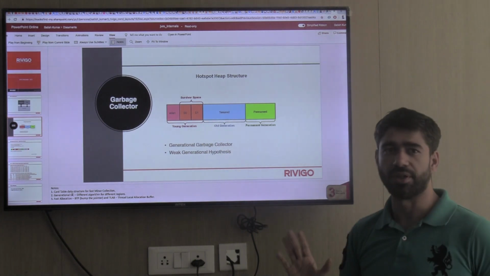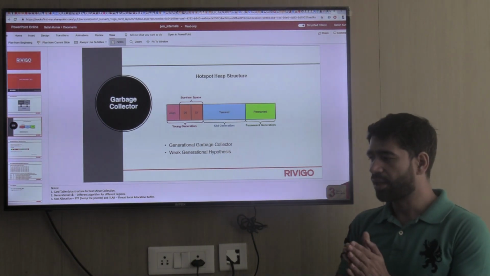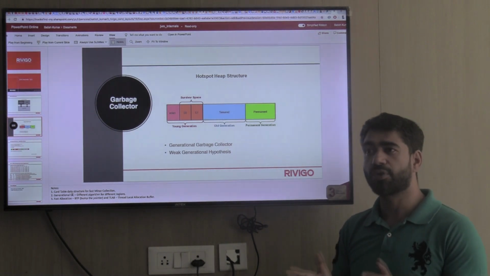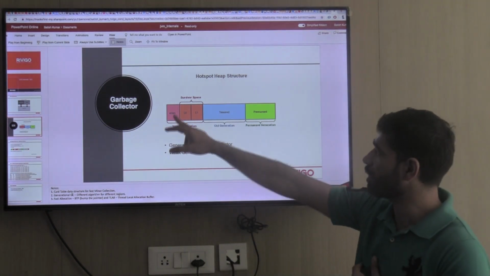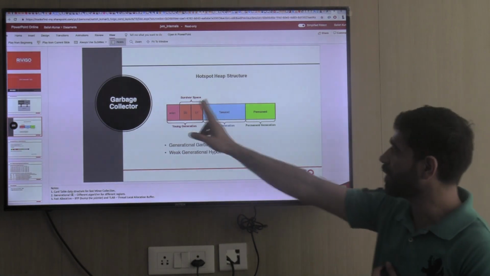Your Eden space is filled. That is why it's not able to allocate, and you'll see that allocation failure, right? When you see the reason for GC, Java tells you why it kicked off the GC also. It will tell you the allocation failure, which means it was not able to allocate an object here, so it kicked off a GC. What it does in that GC is that it'll figure out